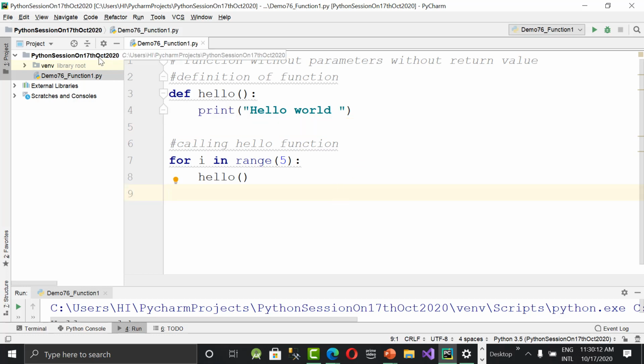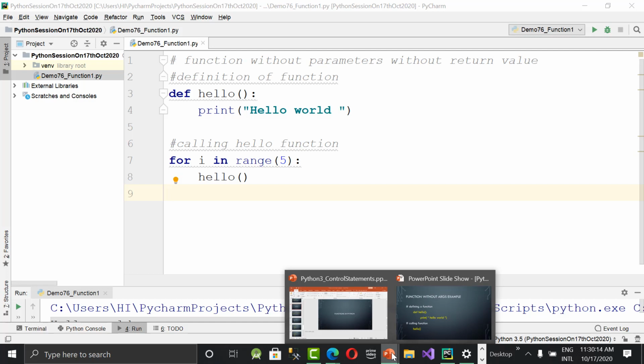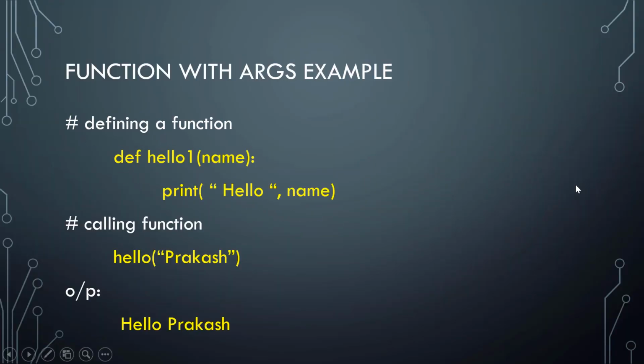Now, with arguments or with parameters. This time also we are not returning a value, but we are passing some argument or parameter. So def hello one. Hello one is my function name. I'm taking name as a parameter, and the name is completely optional. You can give x or y or whatever you want. But because I'm wishing a person hello, that is the reason. The function name can be anything, and then I'm writing print hello comma name,